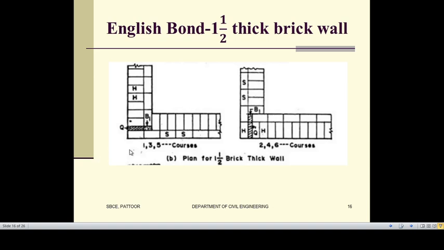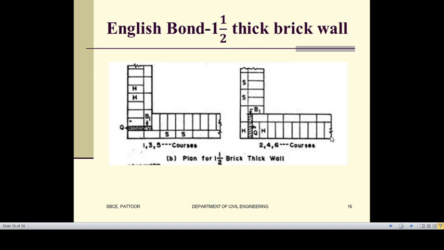So to construct 1.5 thick brick wall, first I will be placing stretchers continuously, and to make it 1.5 thick, on the back side I will be placing headers. Next course will consist of, since on the first course I have placed a stretcher, the next course consists of header. So first I have placed a header, and according to the rule of English bond, after placing a header I need to place a Q enclosure. Then continuously I am placing the headers.